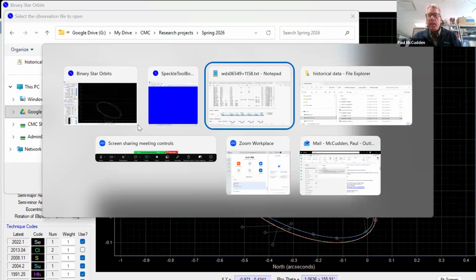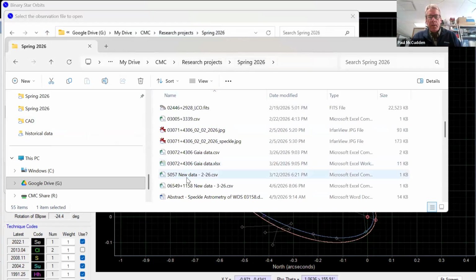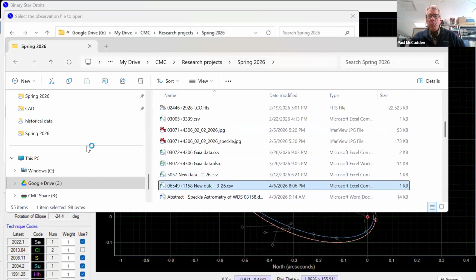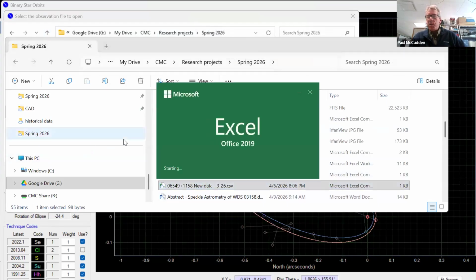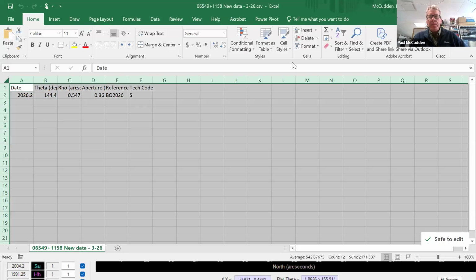I'm going to show you what that file looks like first. Here it is. When you do a new observation, you have a position angle and separation taken on a particular date. You create a simple one-line CSV file that has, let me just stretch this out a little,